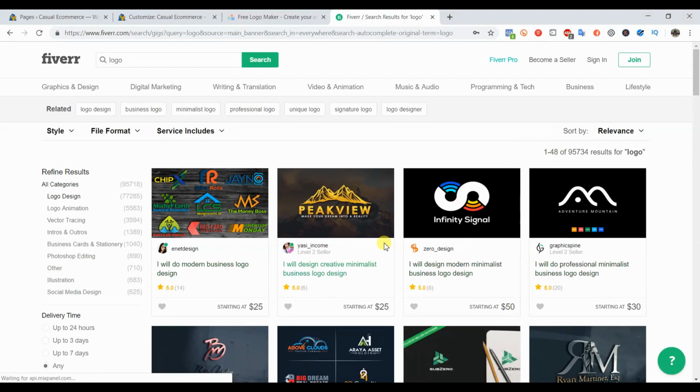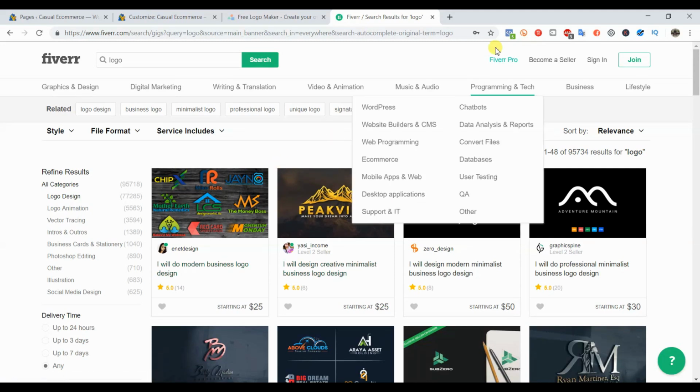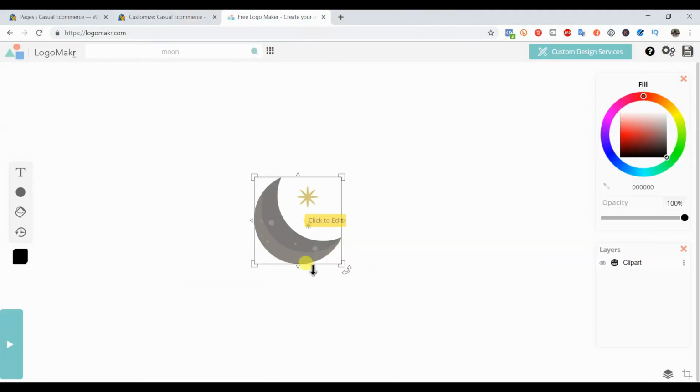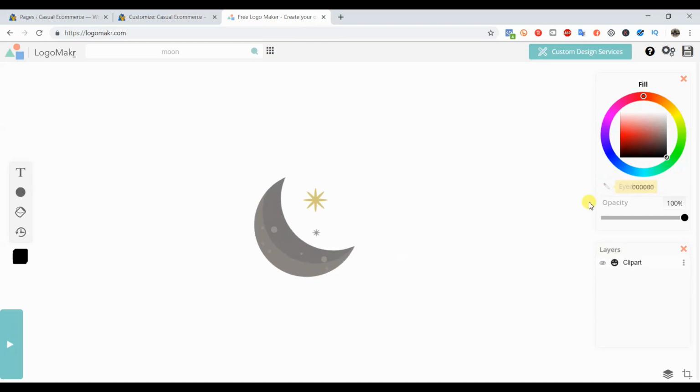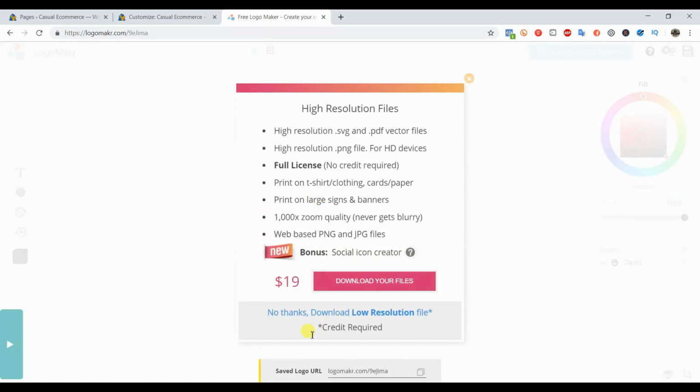And a lot of these people will design a professional logo for you for anywhere between like $5 to $50. Like a really good logo is going to run you around $50. But for the sake of getting the site up and running, we're just going to do something really basic like this. So what I'm going to do now that this is up is I'm just going to go ahead and save it. And in this case, I'm going to just download the low resolution file for free, just because it's